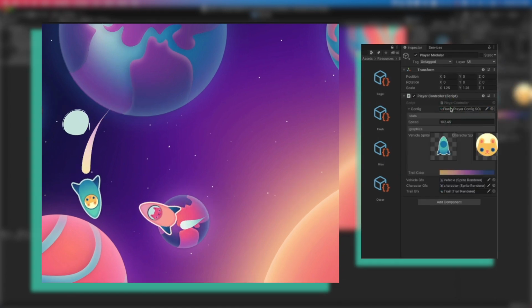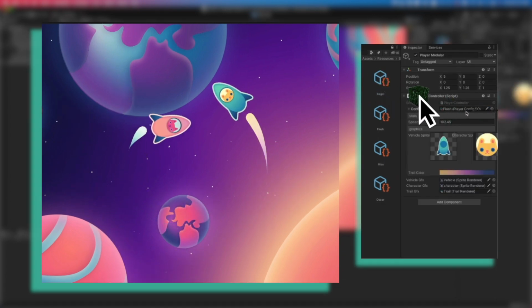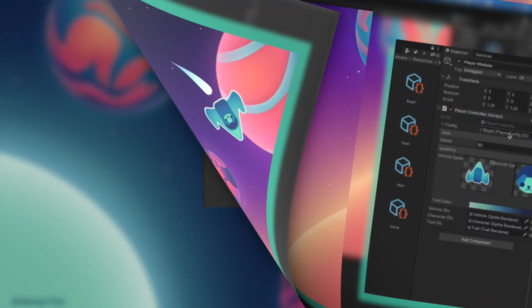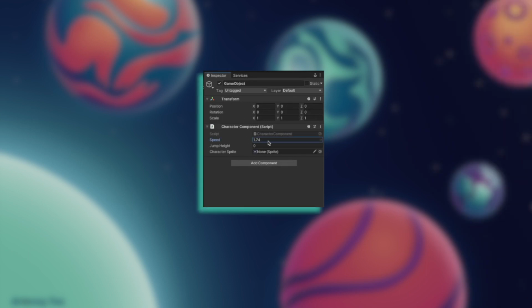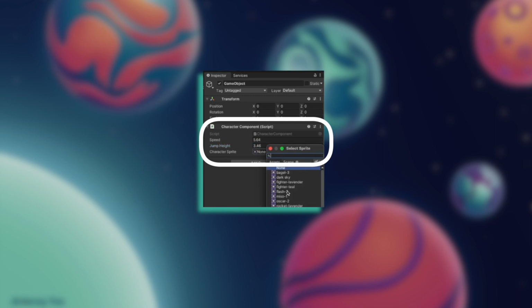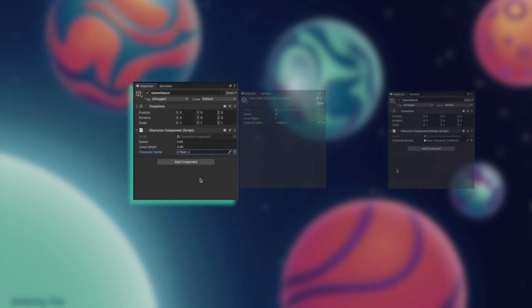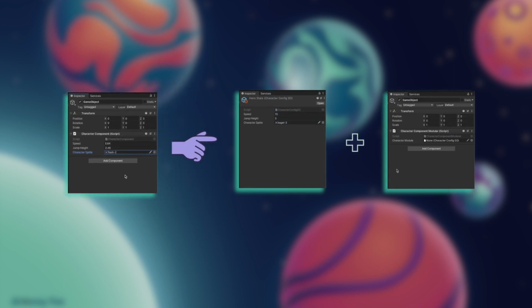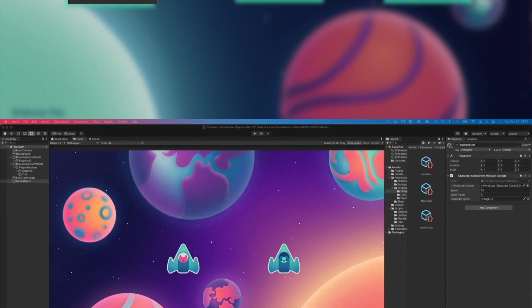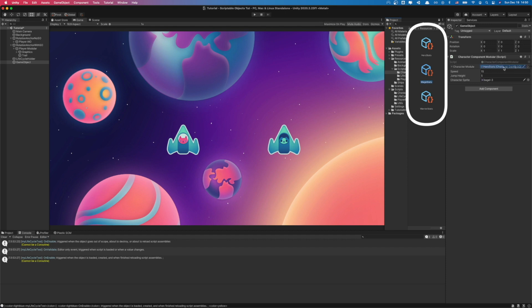Dividing the work, where our mono behavior is a shell that takes action based on the provided data in the scriptable object. We can use this strategy to slim out a busy editor. We might have a lot of variables like speed, jump height, and character sprite on the character component. We can replace those with a single scriptable object reference that is tailor-made to store those values. This strategy can allow us to have multiple preset variations, which we can plug into that mono behavior and see